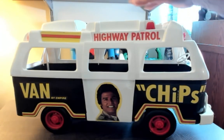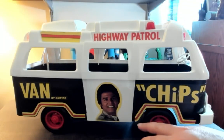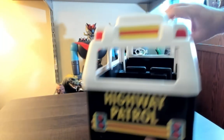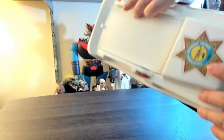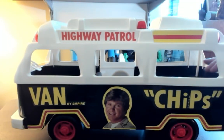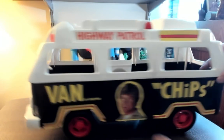I don't know, maybe Estrada could have pulled that off with his picture on the side. But you'll see, this one I think Dad helped with the stickers. It is in better shape. We don't have the bumper down here, but we have the stickers for Highway Patrol. We got the CHiPs Highway Patrol badge on the top. We do have the top on this one. Now the interior is in black, but it is exactly the same. And there we have John on the other side